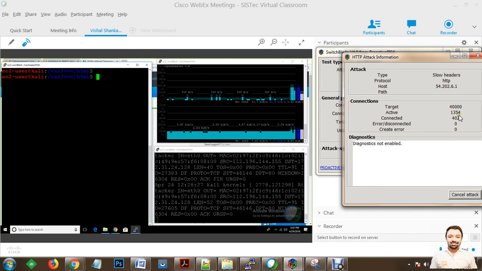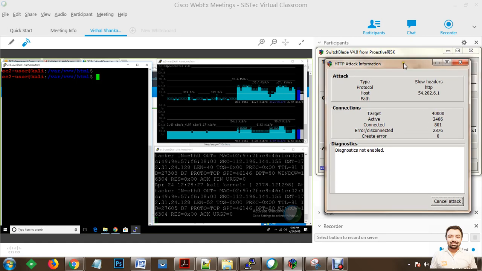You can see that around 1400 connections have been sent, of which 577 have been connected. And on the speedometer bar here, you can see that when the server was not under denial of service attack, the incoming connections were very few. But during a denial of service attack, you can see that a lot of connections have been consumed at the moment, and it is being displayed here on the screen. So around 781,800 connections have unnecessarily been occupied on the server side using this denial of service attack.